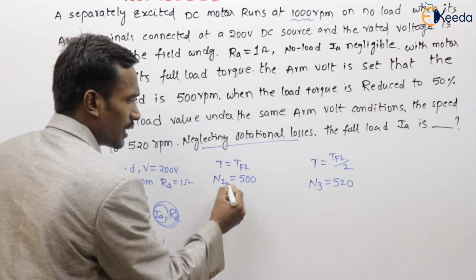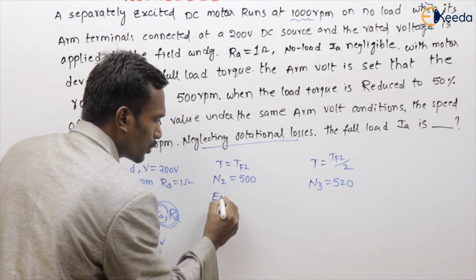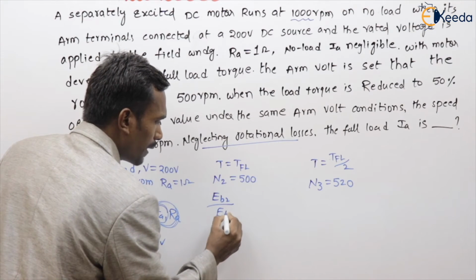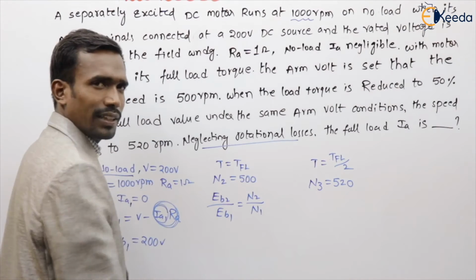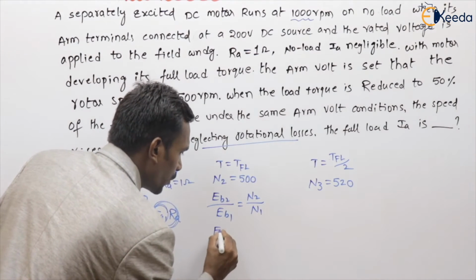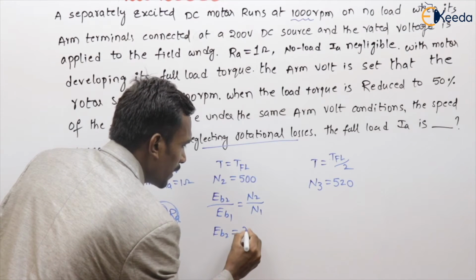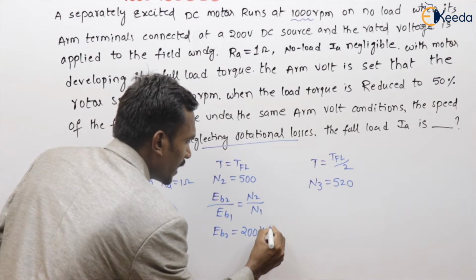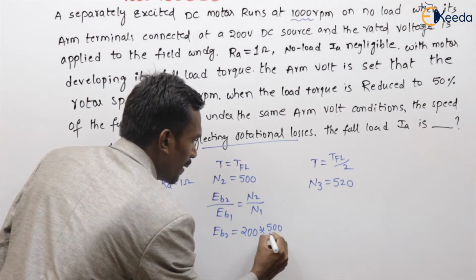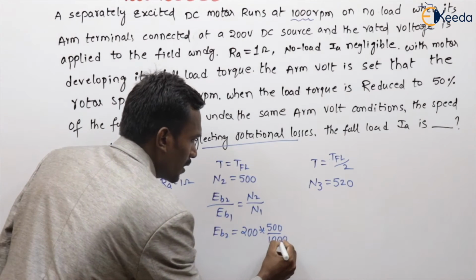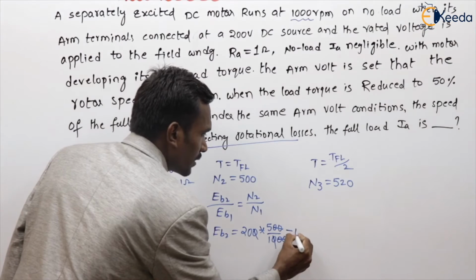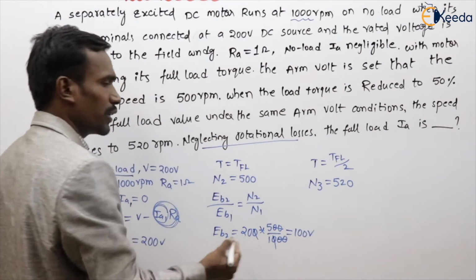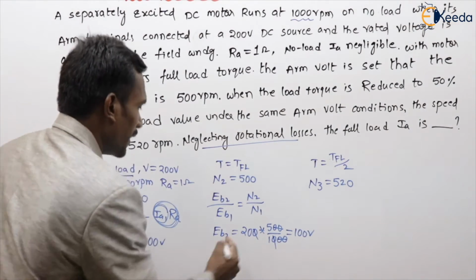Here, generally, EB2 by EB1 is equal to N2 by N1. EB2 is equal to EB1 into N2 by N1, which is 100 volts. EB2